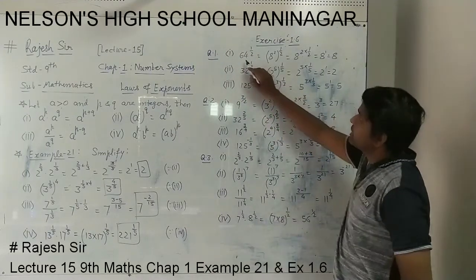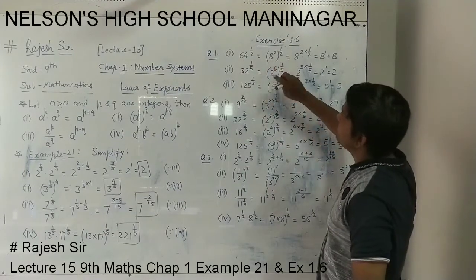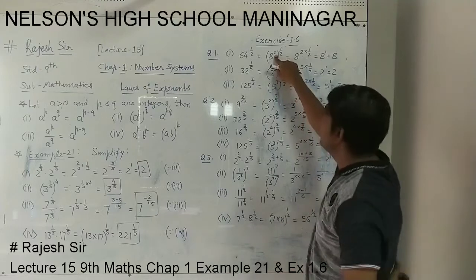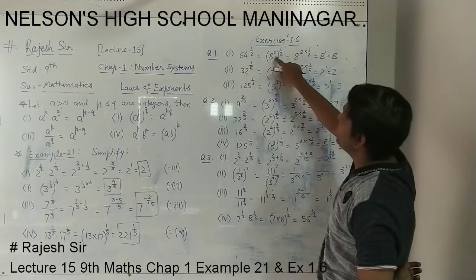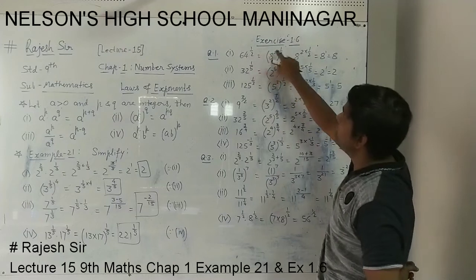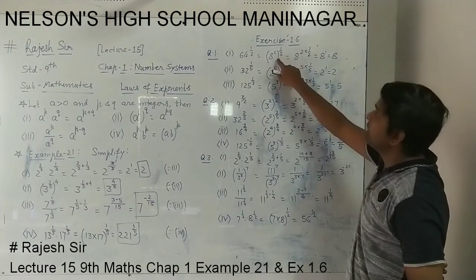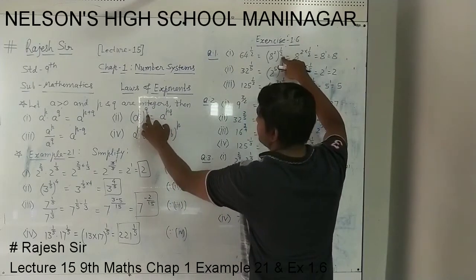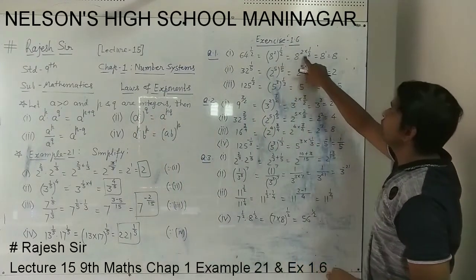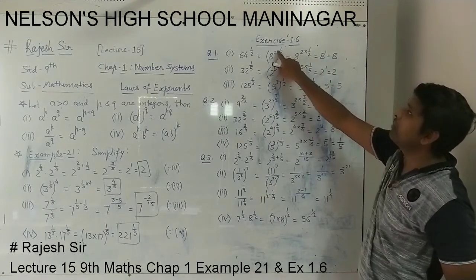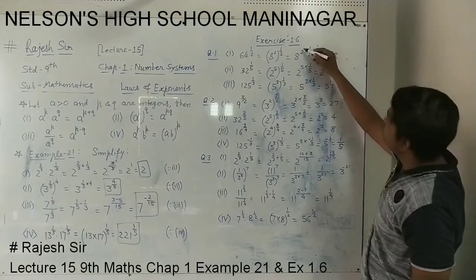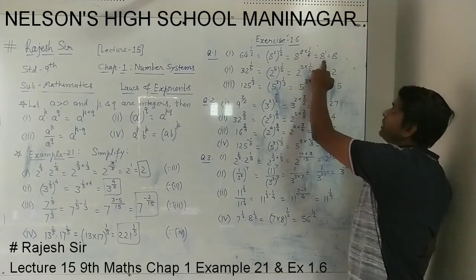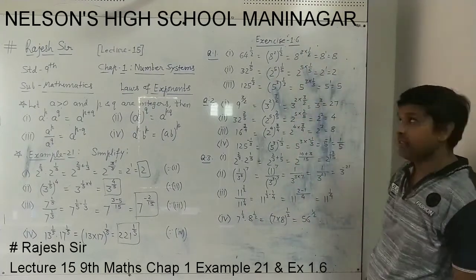So as we know, 64 can be written as 8 square. 8 square means 8 into 8, 64. 8 8s are 64. So in place of 64, I can write 8 square, and the power is 1 by 2 as it is. Now this expression is like power of power type. So power of power multiply: 8 raised to 2 into 1 by 2. 2 into 1/2 means 2 up and 2 down cancel. 8 raised to 1 we will have. So 8 raised to 1 is 8.